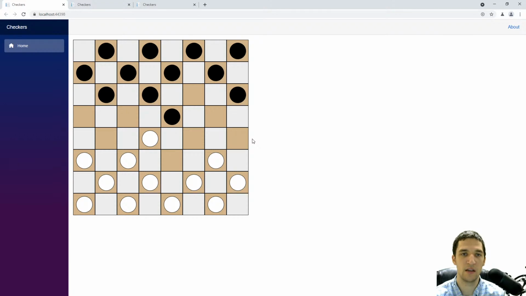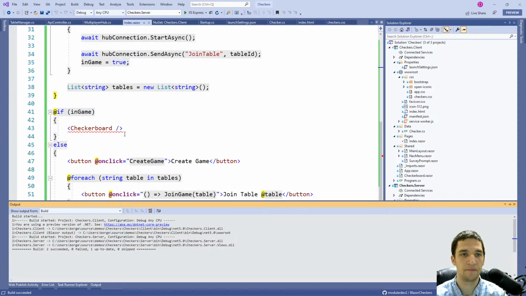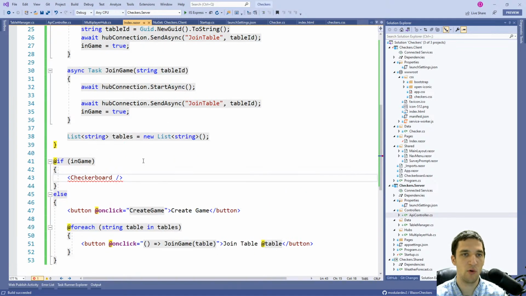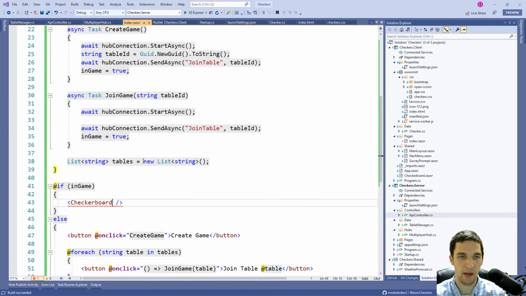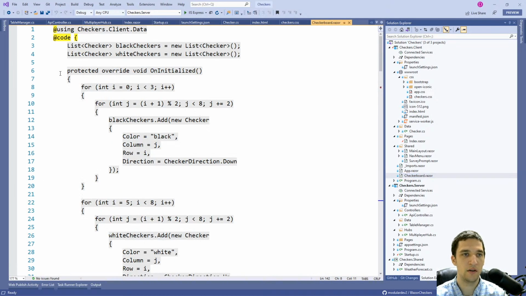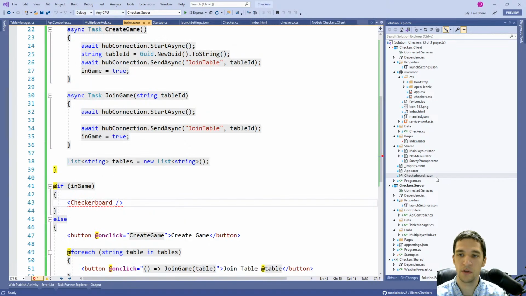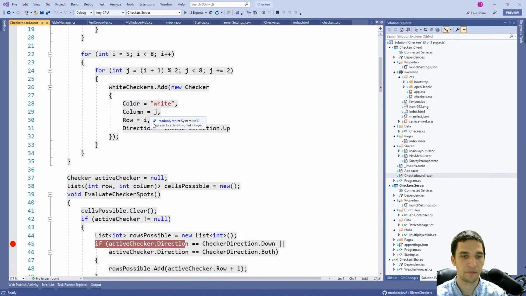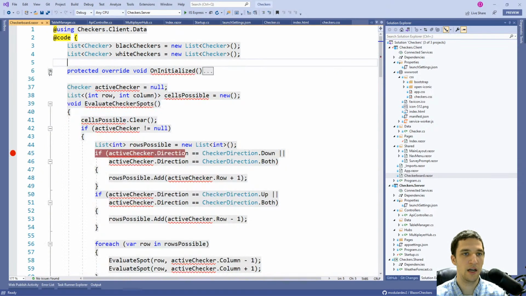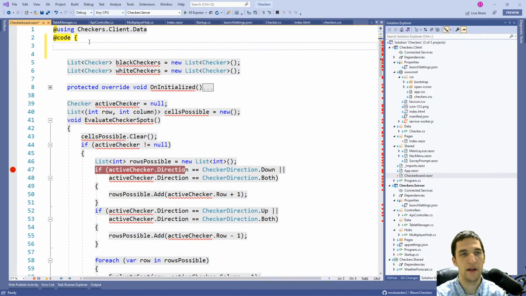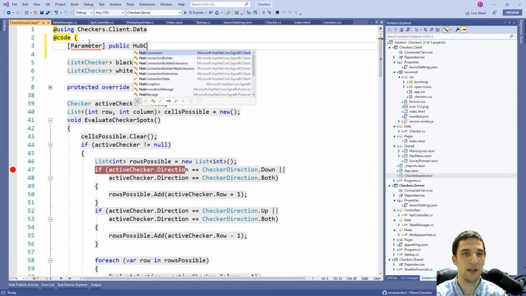But just to make sure we get the basic connection right, what I want to do is pass the SignalR connection to the checkerboard, and we're going to start waiting for events to happen. So let's go ahead and go to the checkerboard. I don't know why IntelliSense is being weird there. There we go. So we're going to pass in as a parameter to this Blazor component: parameter public hub connection,